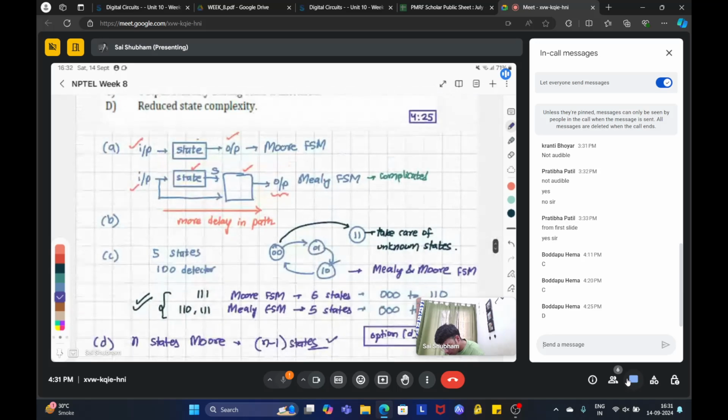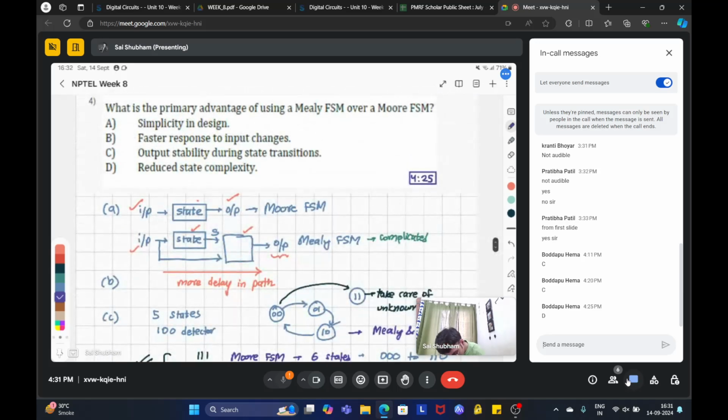So one of the ways in which you can make sure that the output is stable. See, the output is generally if you are making a